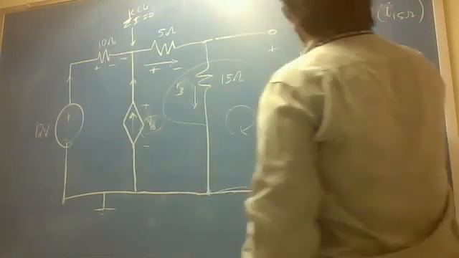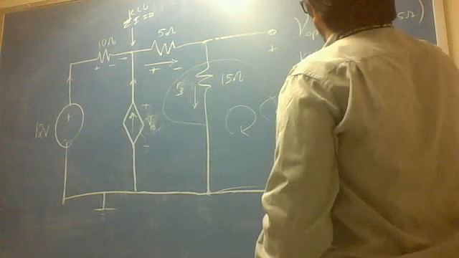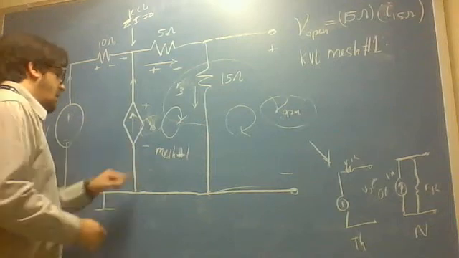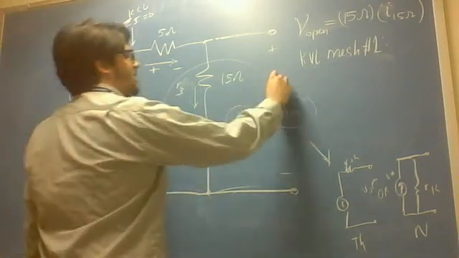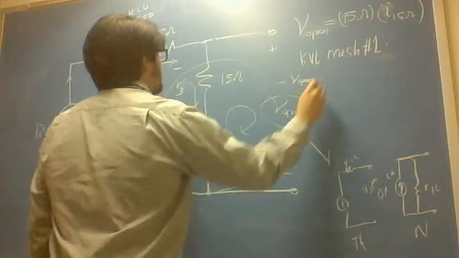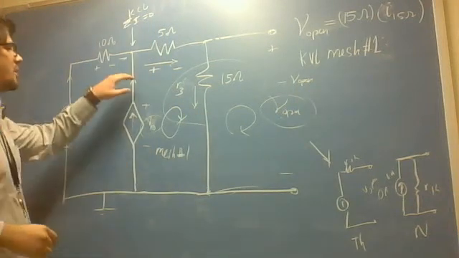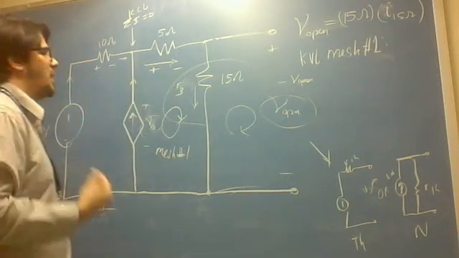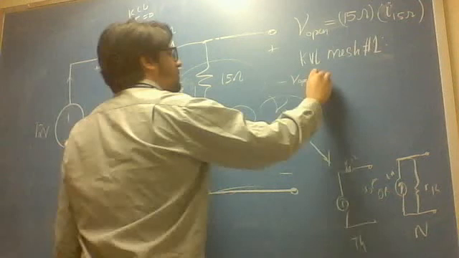So we'll do a KVL for mesh 1, right? I'll just call this mesh 1. If you go from minus to plus, it's negative voltage, so we just say negative V open. Usually I just say it's positive, but whatever. So positive to negative is positive voltage. So we know that the voltage is going to have to be the current I-15